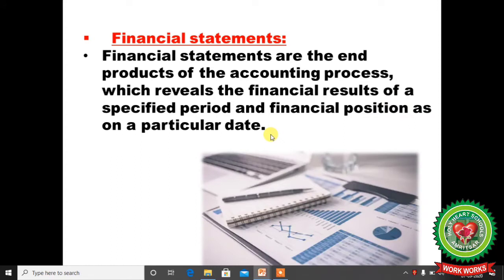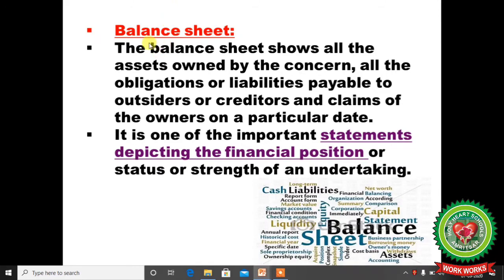So when you want to know about the current year data, the financial position of the company Reliance, then you just take out the balance sheet of Reliance company till the 31st March 2020. Okay, and the next balance sheet, that is 31st March 2021. Now the balance sheet simply shows the assets portion and the liability portion. Okay, assets with the company and the liabilities of the company, short term, long term.